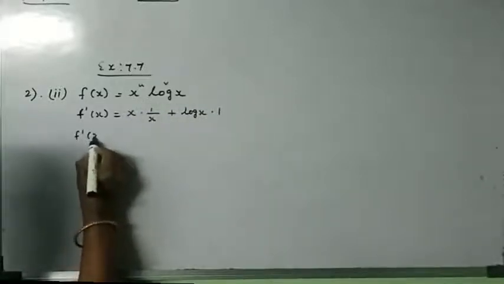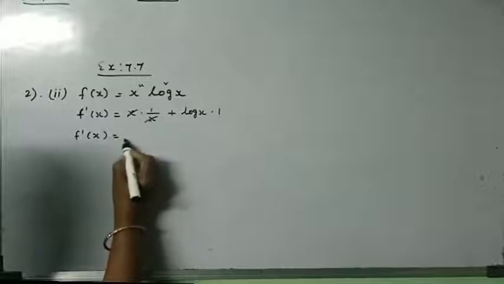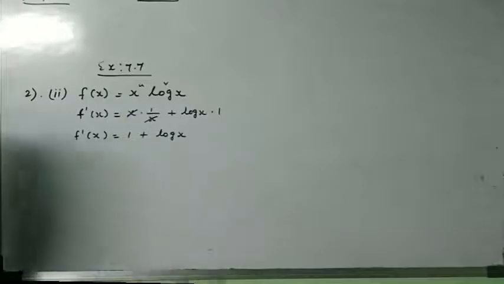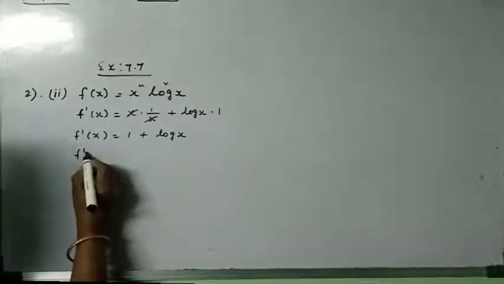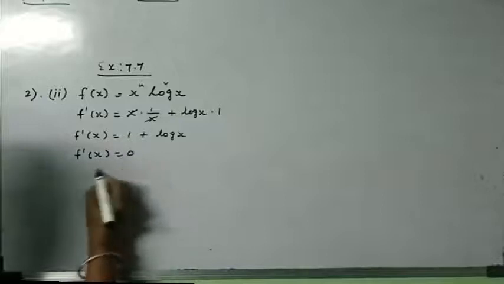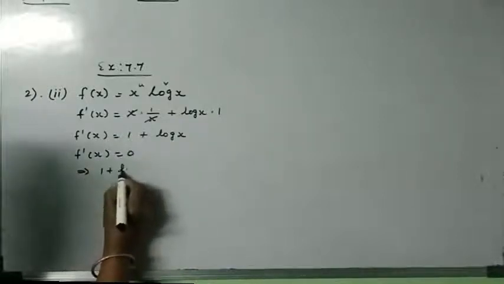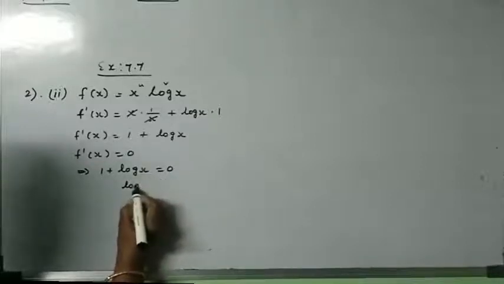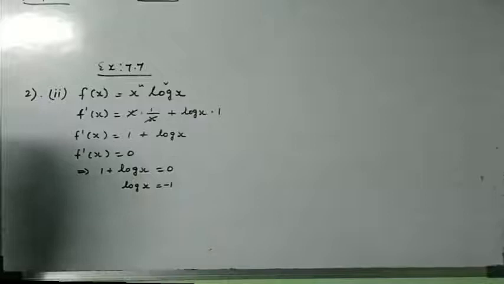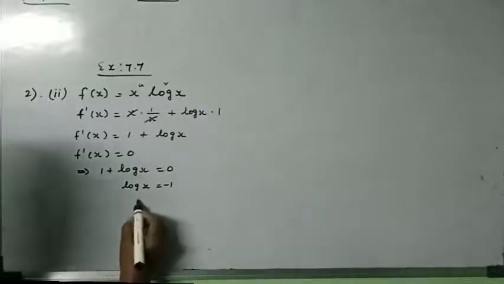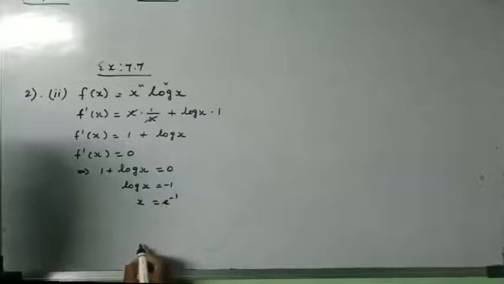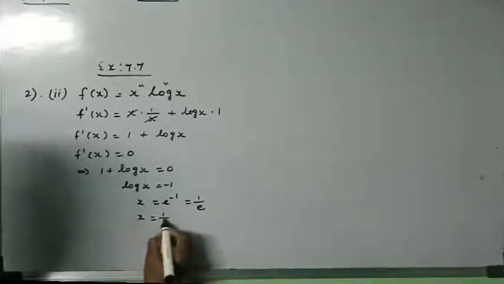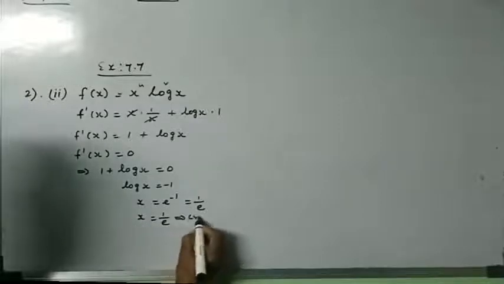So f dash of x is equal to, now x gets cancelled, so 1 plus 1 into log x is log x. To find the critical numbers, take f dash of x is equal to 0, which implies 1 plus log x is equal to 0. Bring this 1 this side, so we get log x is equal to minus 1. Now write in exponential form, it is x is equal to e power minus 1. This can be written as 1 by e. So take x is equal to 1 by e as a critical point